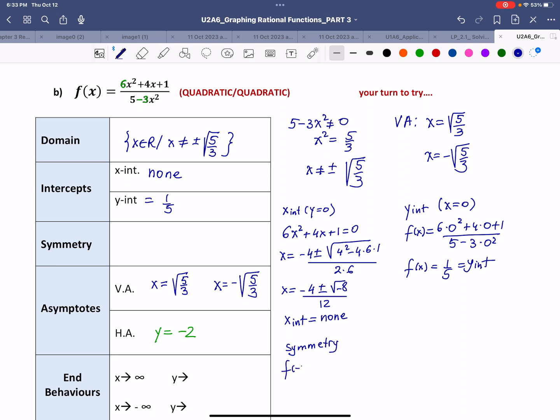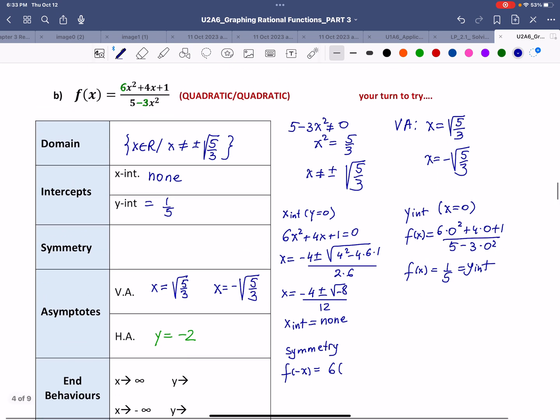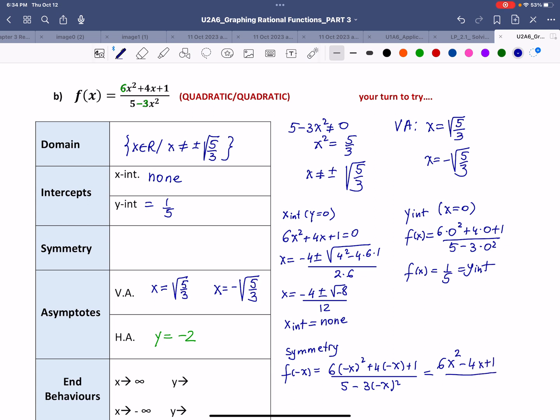So f of negative x in this case would be equal to 6. Wherever you see x, we'll replace it by negative x. So 6 times negative x to the power of 2 plus 4 times negative x, and then plus 1, and this will be over 5 minus 3 times negative x squared. When you simplify this, we obtain 6x squared minus 4x plus 1, and this is over 5